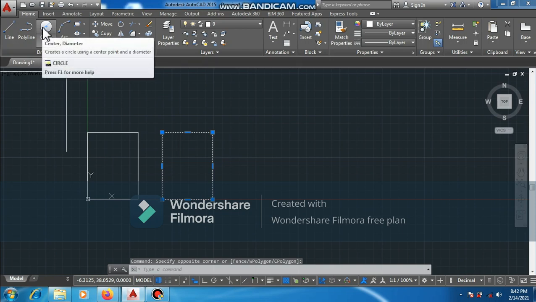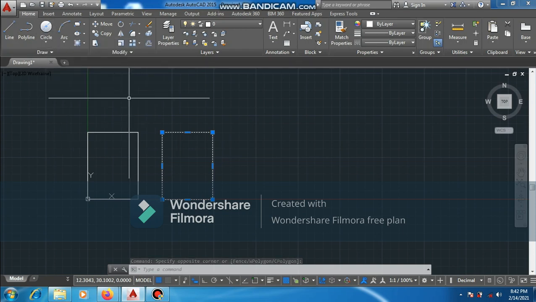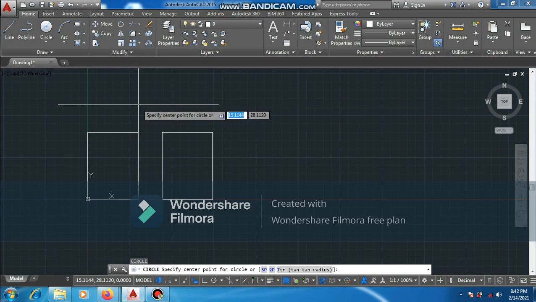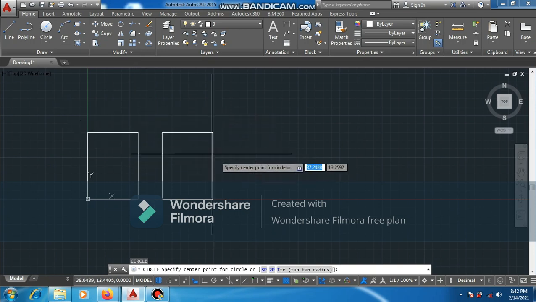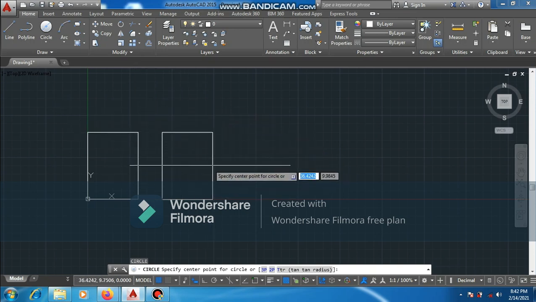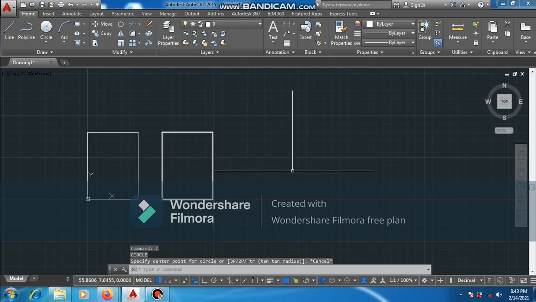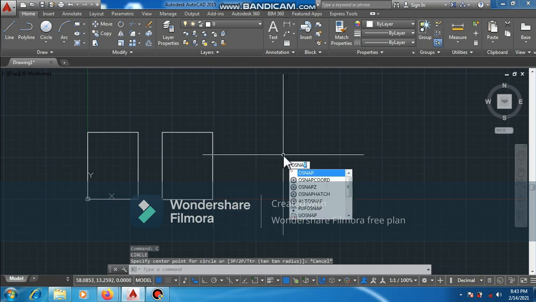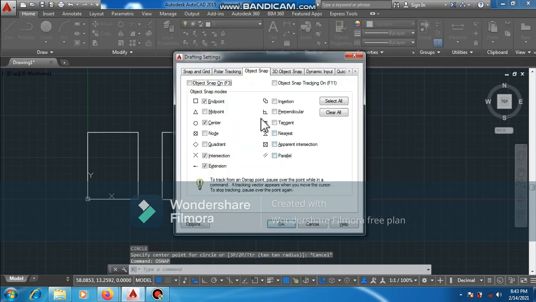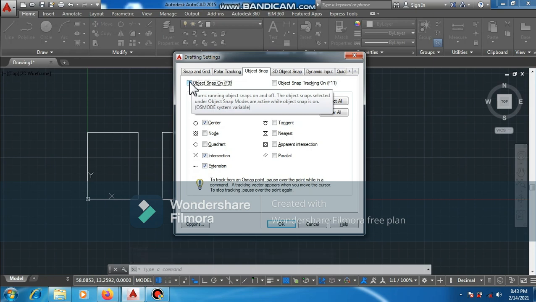For the circle, you can easily click here or simply type C, enter. Then, for example, I want to draw at the center of this line, of this rectangle, but I cannot find it. So we need to set up first. Just simply type OSNAP or object snap, then enter. Then check the object snap, or simply press F3,